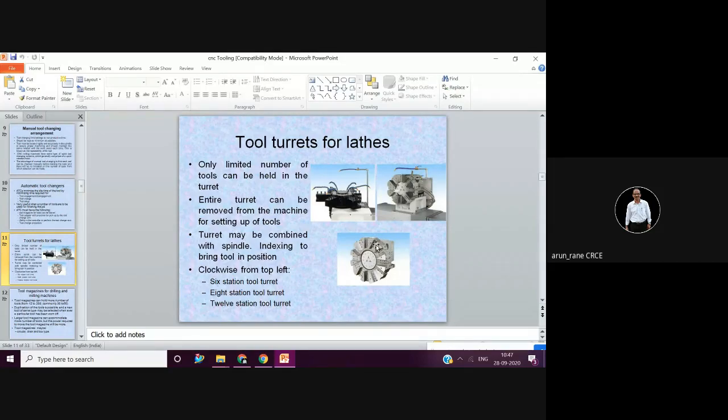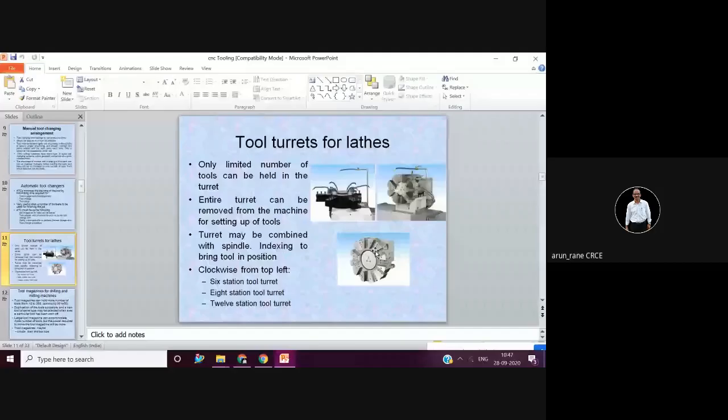Like say this is your tool number 1 and this is your tool number 8 here. Imagine now this can rotate only in clockwise direction, unidirectional indexing. And currently tool number 1 is in operation, and now suppose you want number 8, then it starts rotating in clockwise direction like this, till tool number 8 or 12 comes here. So that will take time, isn't it? That will take time, and we are talking about seconds.